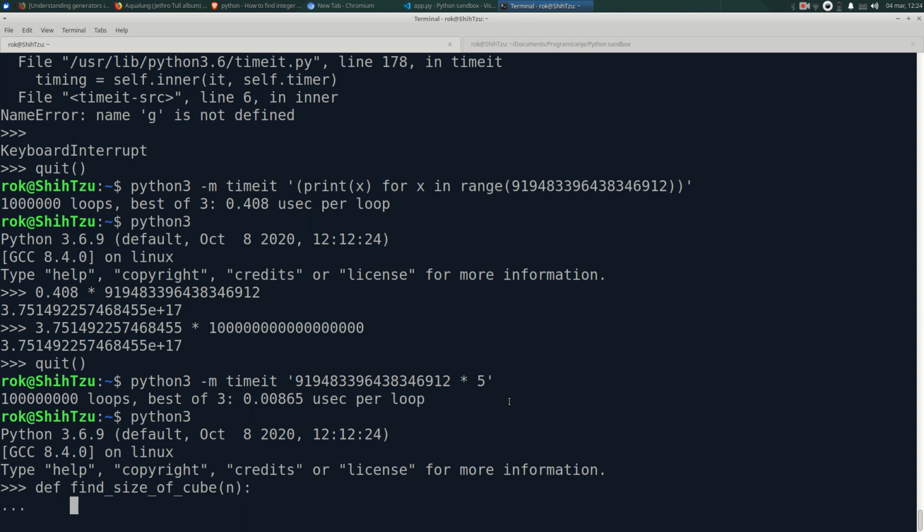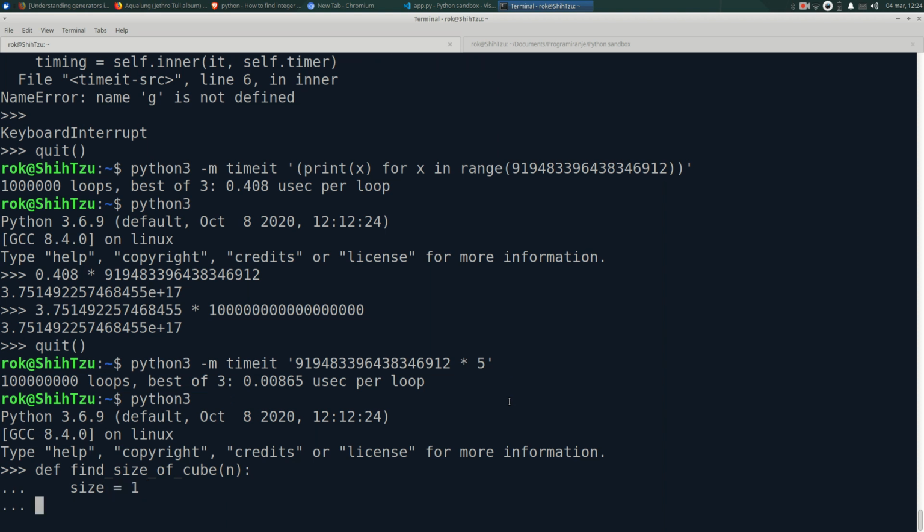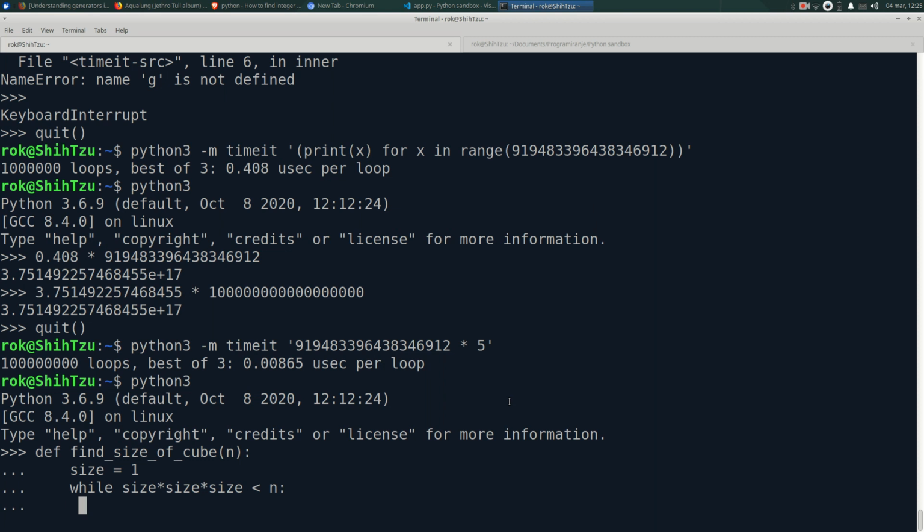Solve that by saying size is 1, and we say while size times size times size is less than n, we say size plus equals 1,